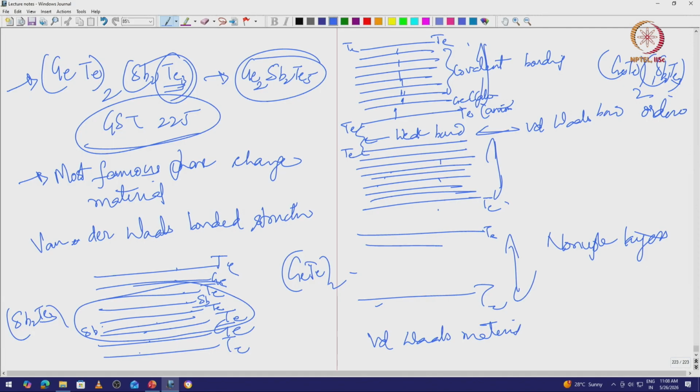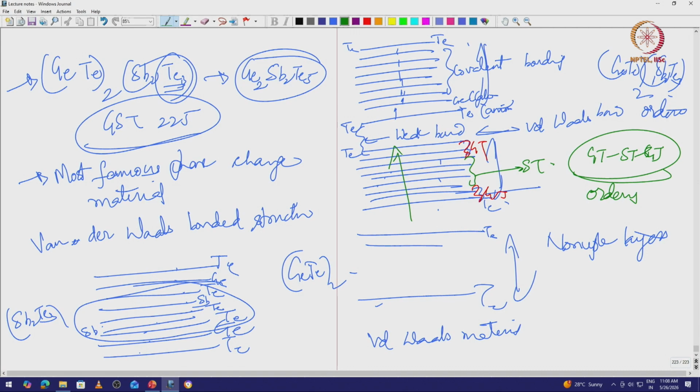these are ordered, right. So, I have this is germanium telluride, I will write germanium telluride in red, this is GT, this is GT, and then in green is ST. Okay. So, I have GT, ST, GT ordering, right, in this direction, right. So, in that direction is the C axis or 0, 0, 0, 1 direction, okay, and that gives rise to an ordered compound, ordered phase rather, okay,